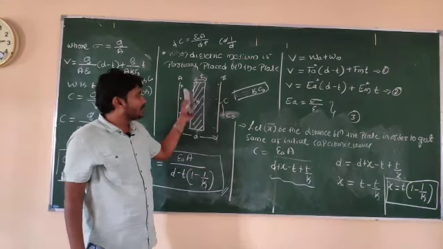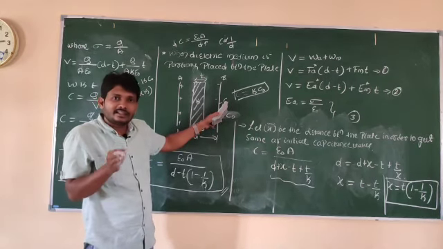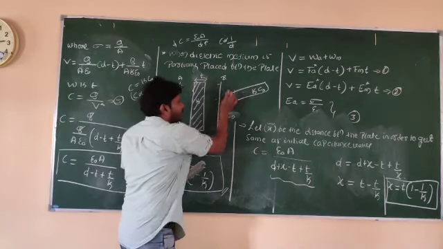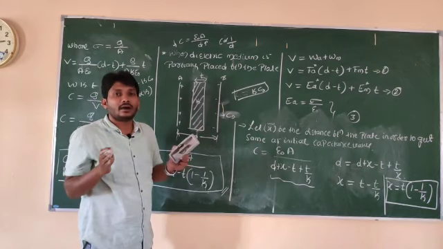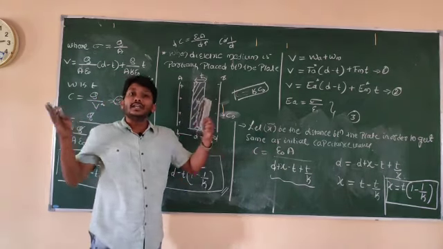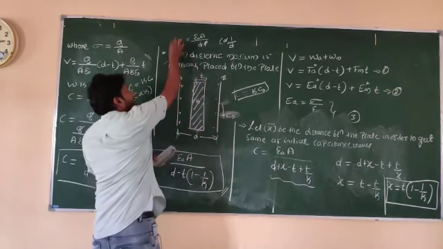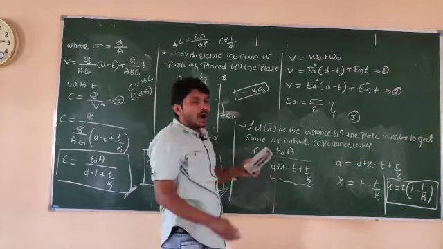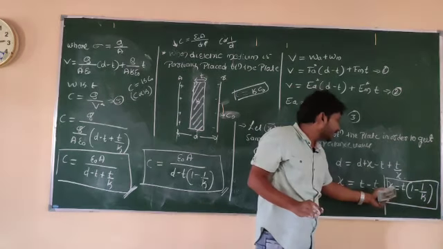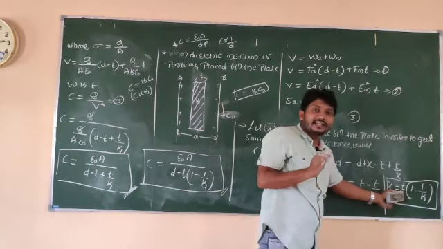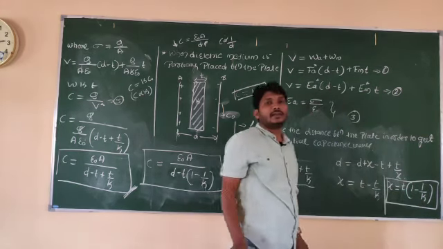After placing the dielectric medium, its value becomes C. Now, after placing the dielectric medium, if I want to get that same C naught value, I should increase the separation between the plates, which decreases the capacitance. How much distance do I need to increase here? x is equal to t into 1 minus 1 by k, where t indicates the thickness of the dielectric medium, and k represents